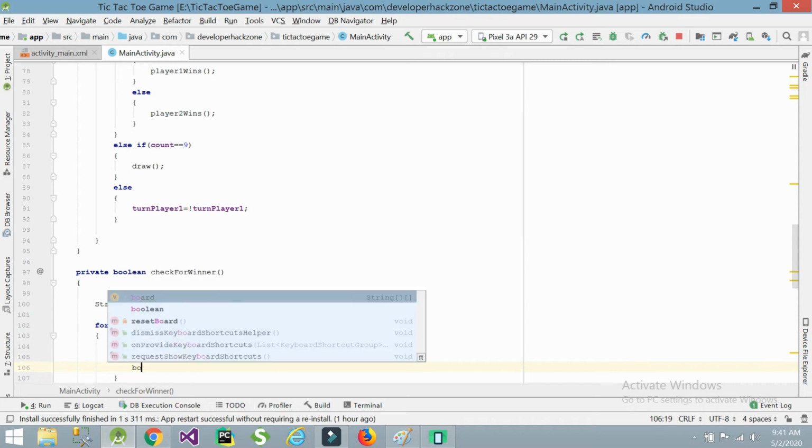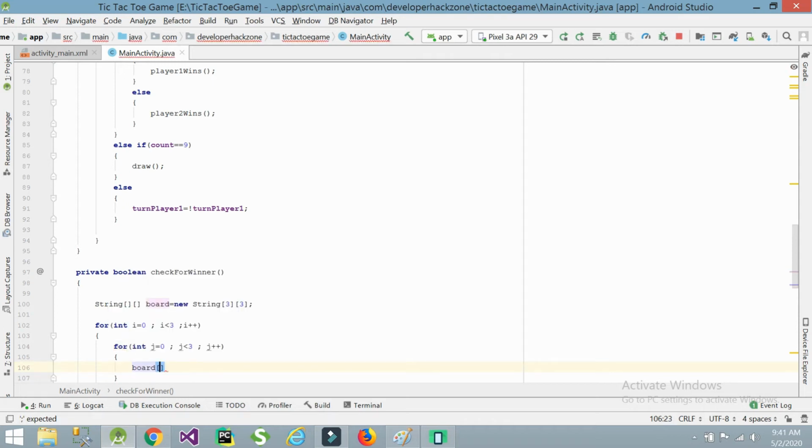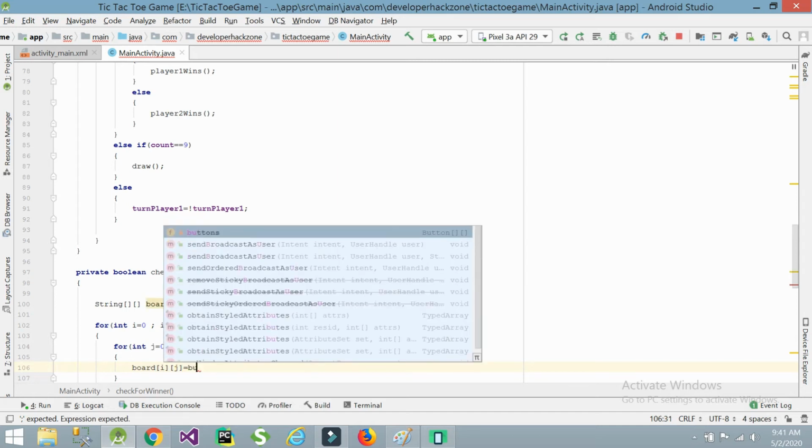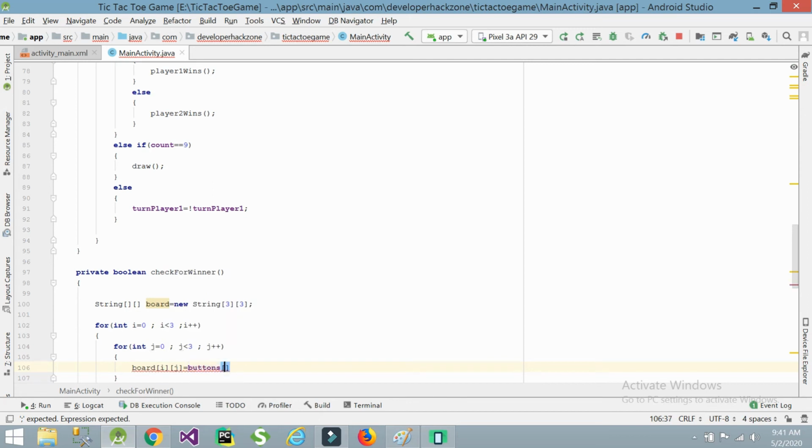So here I am taking the array at i j equal to buttons i j dot getText.